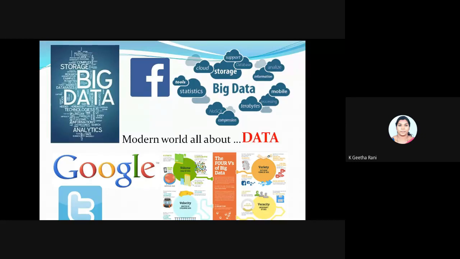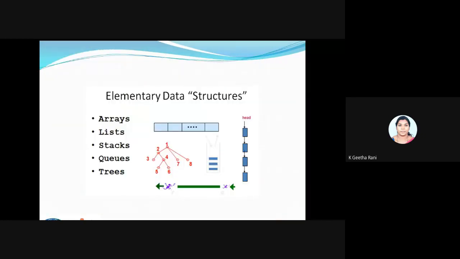Till now we have seen normal structures called arrays and lists. We call all these elementary data structures. We know what an array is and how the data will be in the array, as well as how the list will be and how the data will be in the list. Now we are going to see about stacks, queues, trees, graphs and so on. A data structure is nothing but organizing data in a different way.